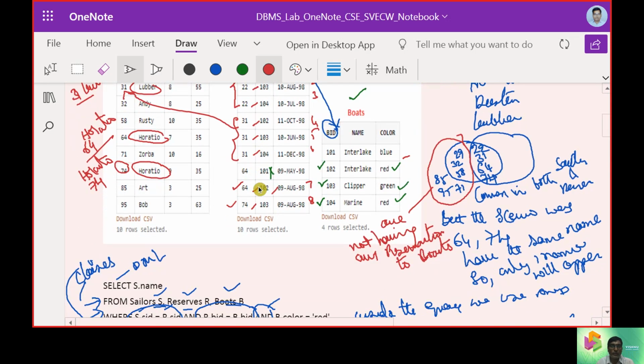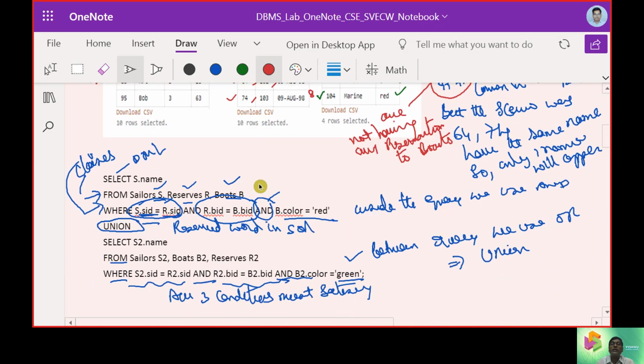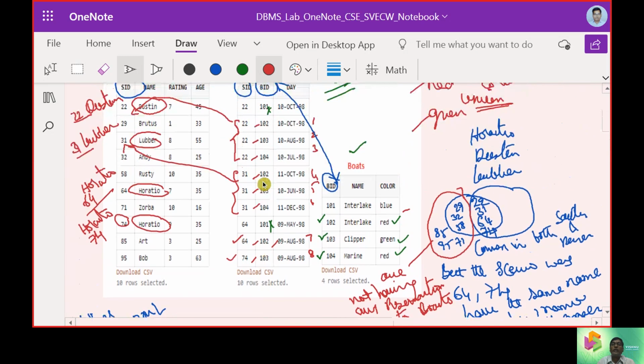Even though we are working with a union operation, it still looks like an intersect operation. Now 22, 31, 64 and 74.